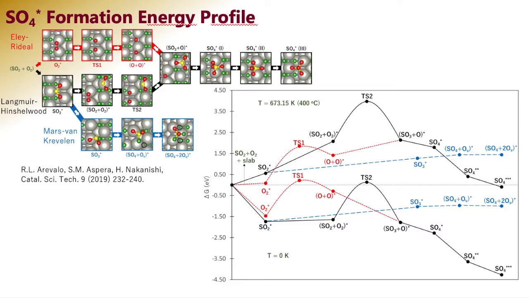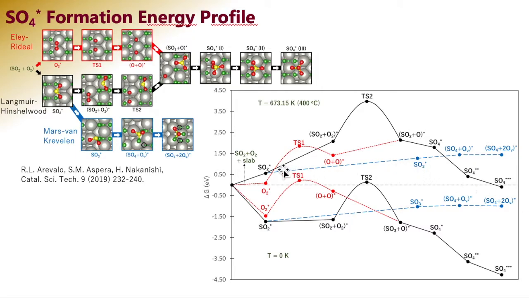The Gibbs free energy of adsorbed species was calculated by adding the zero-point vibrational energy and the vibrational energy change for a temperature increase from 0 to a particular temperature, and subtracting the vibrational entropy. The free energies were referenced to the chemical potentials of gas phase SO2 and O2 and the free energy of the slab. This figure shows the energy profiles for temperatures of 0 Kelvin to show the energy profile without entropic